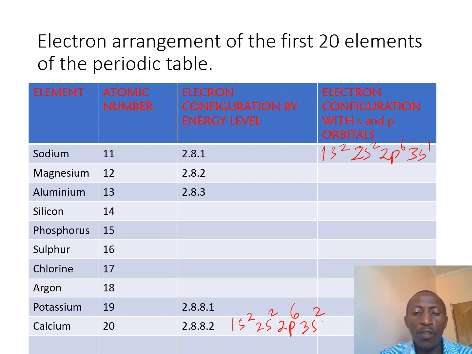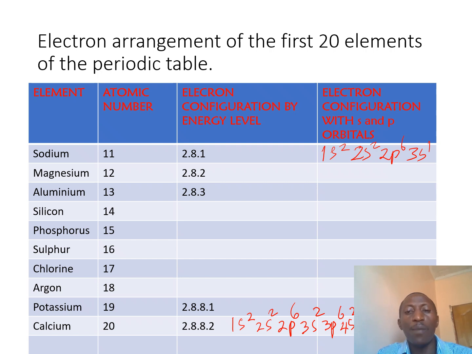So we move to 3p6, 18, and then 4s2 making 20. So viewers, I would like you to put down this table and complete it for the first